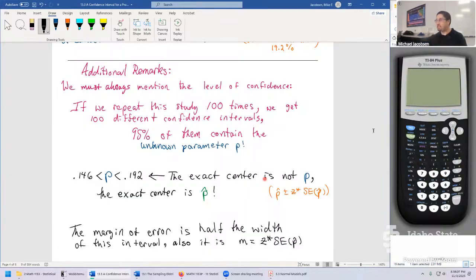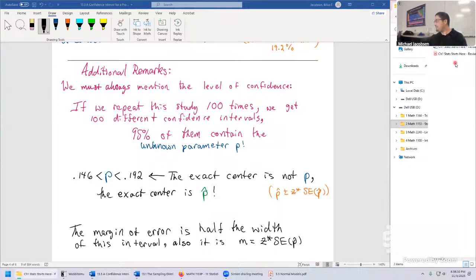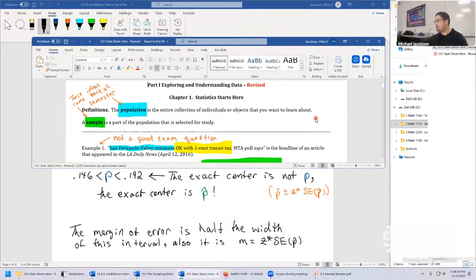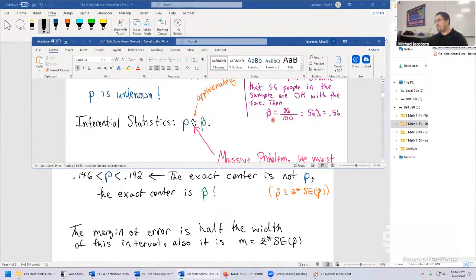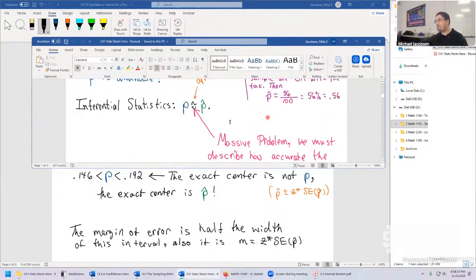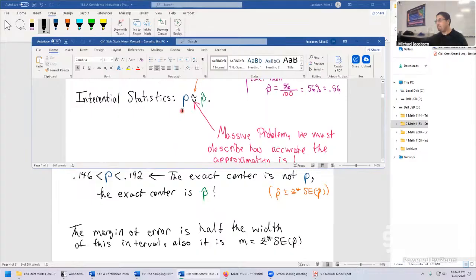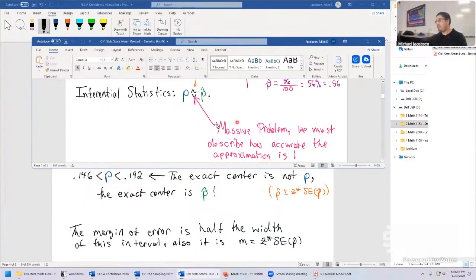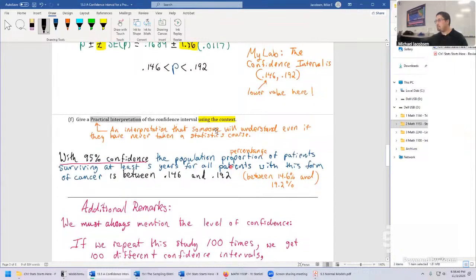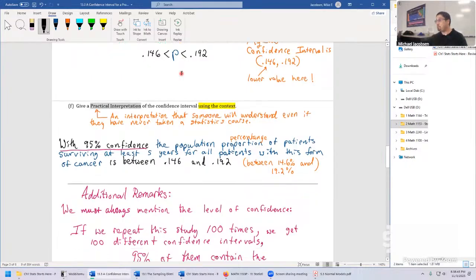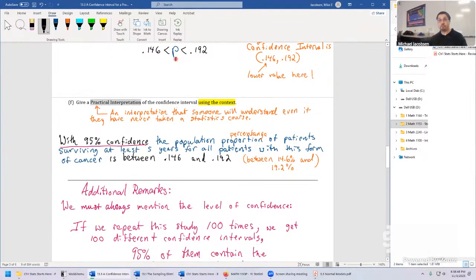There's, again, tons of stuff to talk about because we're doing something pretty crazy. We're going all the way back to chapter 1. This was the biggest goal for the whole section, for the whole class. We're finally putting down this. We're describing exactly what the accuracy is in making this approximation. The interval is P hat, estimating P. But once you construct the margin of error, you're now saying what the actual accuracy is in making this approximation. We answer the whole question by constructing the confidence interval and saying it has a 95% success rate in actually capturing the unknown parameter P.